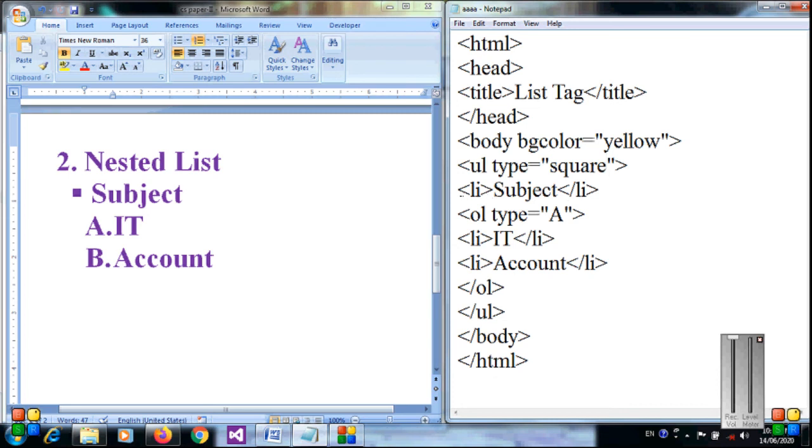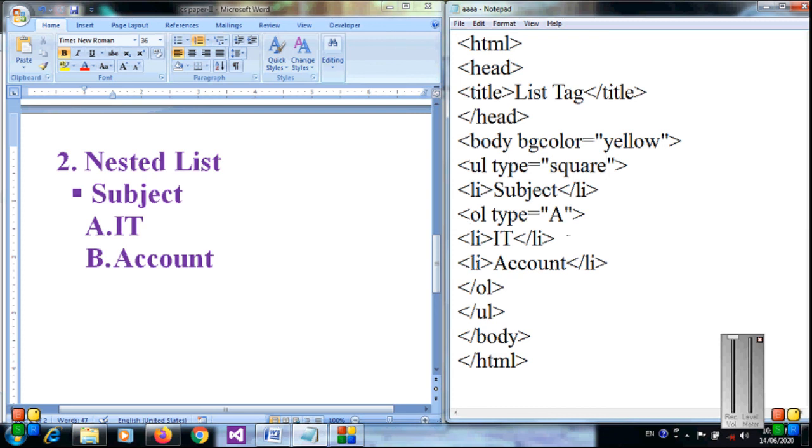First list item is a subject. Okay, after that I am not going to close the ul. Why? Because the second list will continue. So here I am going to open the ol ordered tag, type is equal to a,